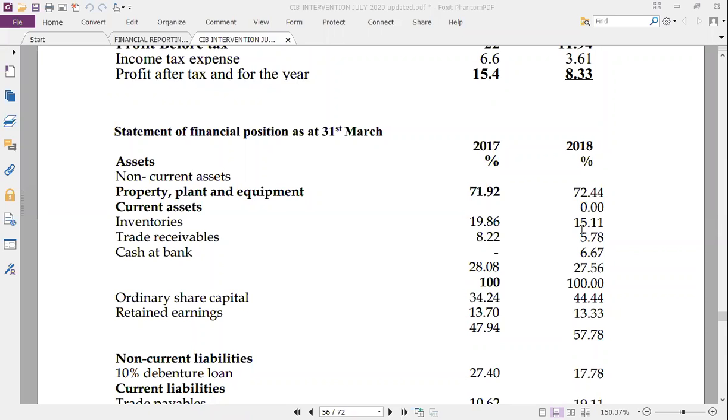making the company highly liquid in 2018. Yes, this is what we are saying. Obviously, when we do the cash flow, we said that decrease in inventory is an inflow, right? Yes, inventory decreases. Receivable also decreases, which brought money, which increases the cash from 0% up to 6.67%. So the decrease in the inventory and receivable brought a lot of money to us, because